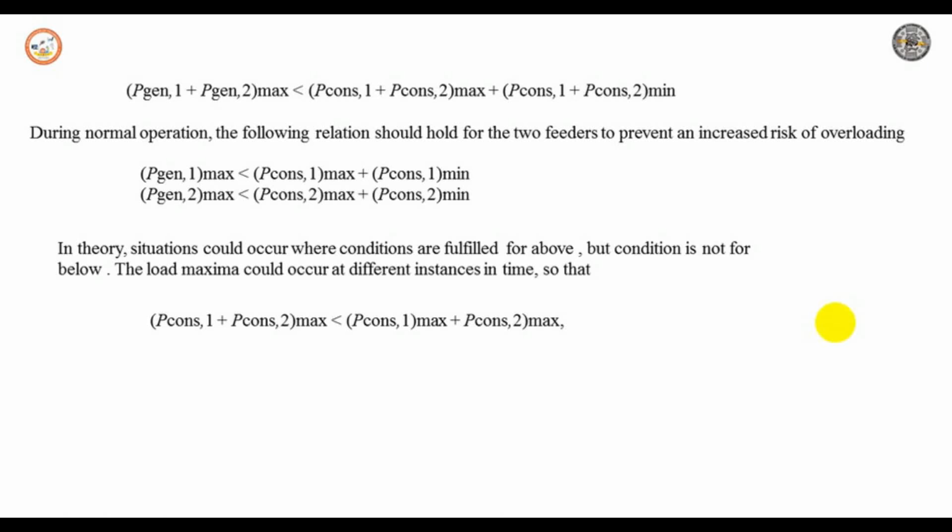The load maximum could occur at a different instant of time. This is given by the condition that P generation 1 plus P generation 2 maximum should always be less than P consumption 1 maximum plus P consumption 2 maximum, where the load minimum and generation maximum could occur at the same time. Although in theory it is possible,